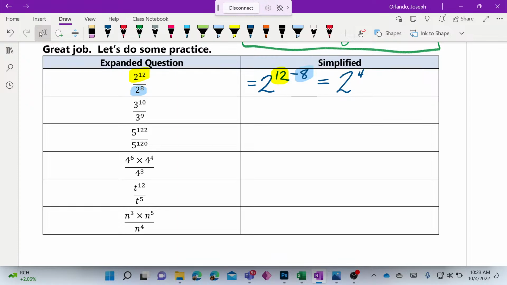So you can't ignore the brackets. You can do things. You can multiply the